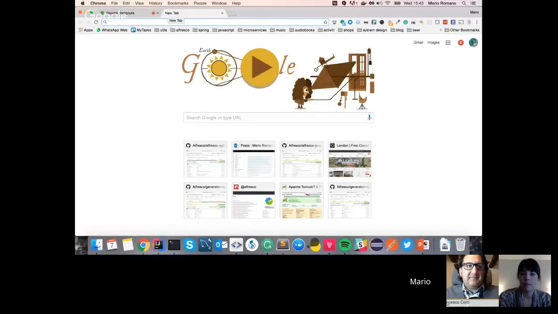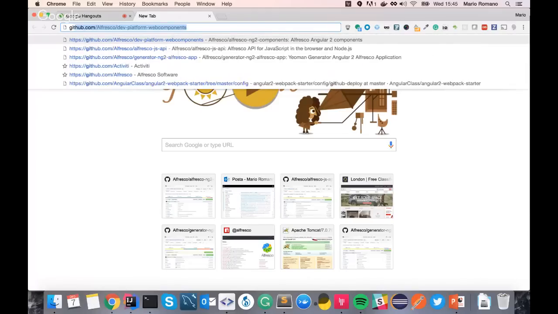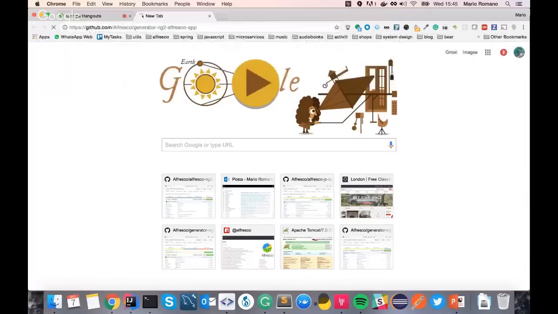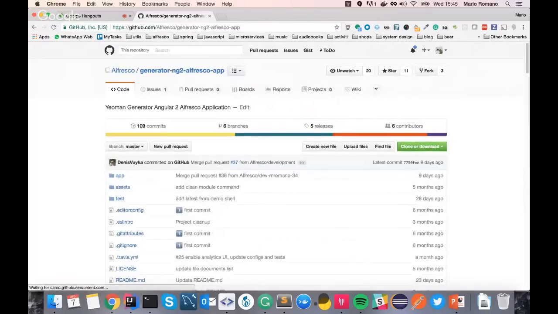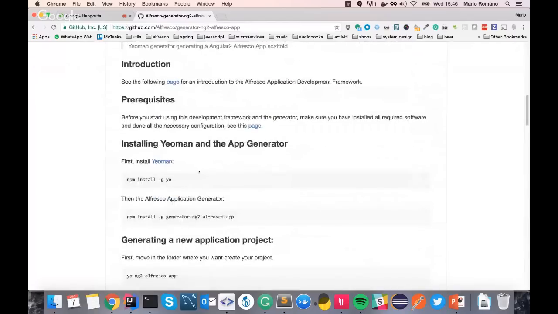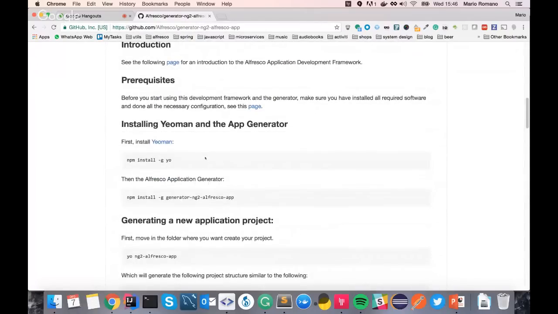I think what is really useful, the first thing that I would like to show you, is the Yeoman generator. If I were you, I would go to the GitHub repository and check how to start with the generator. It's really easy. You just do npm install -g yo. Yo is the Yeoman generator, and -g tells npm to install it globally, so you can use it in any folder of your